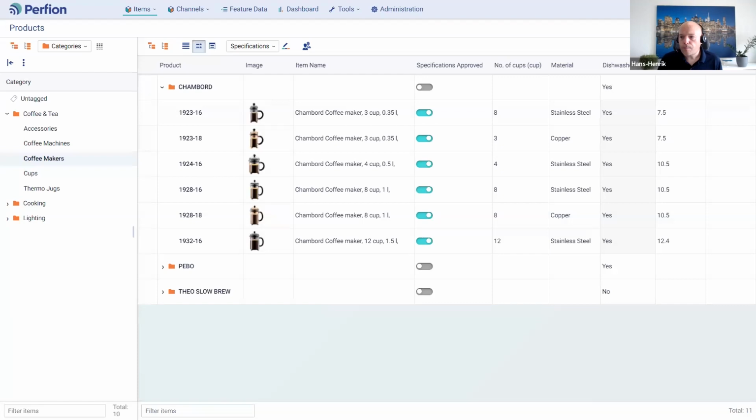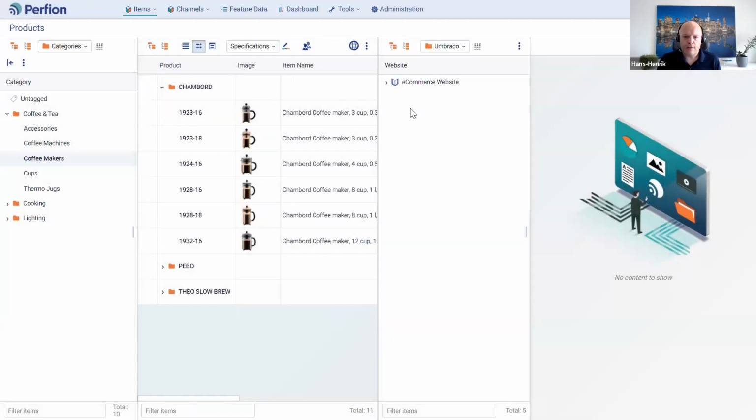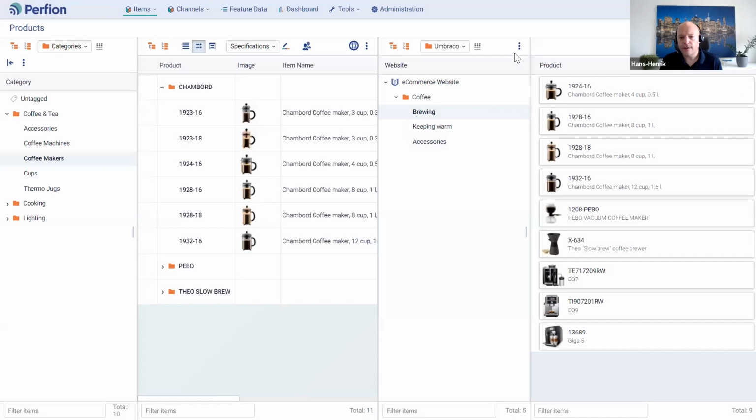So if I go to the publish work mode here, I have my Umbraco website here. In this demo, I set up an Umbraco website where I have created 3 categories: brewing, keeping warm, and accessories. And I've added some products to the different categories.